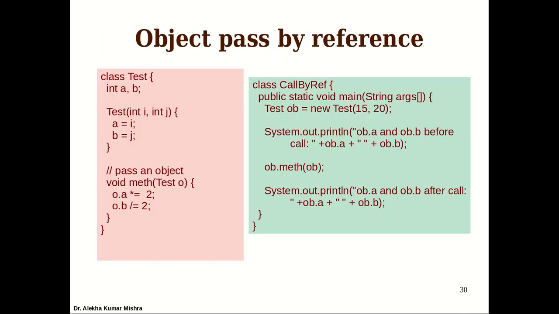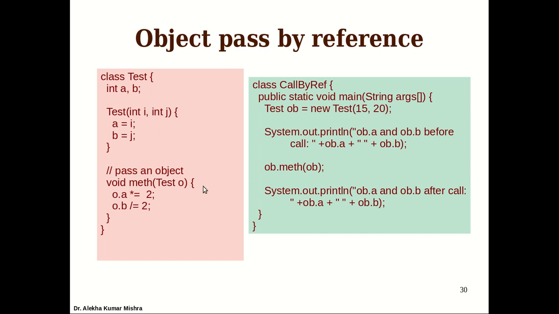Okay, call by reference. So here is an example, and we can see that any changes we make to that object, because the object accepted as an argument in the called method is a reference, will be reflected in the original object which has been passed from the calling method. That means main is the calling method, and main is calling math here.